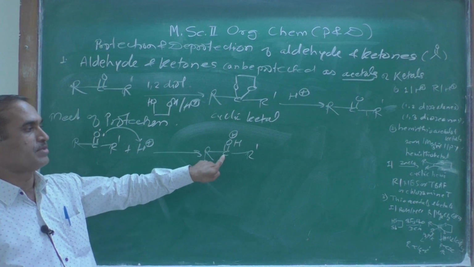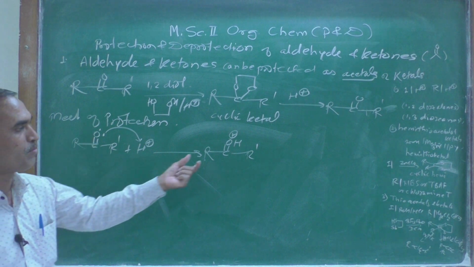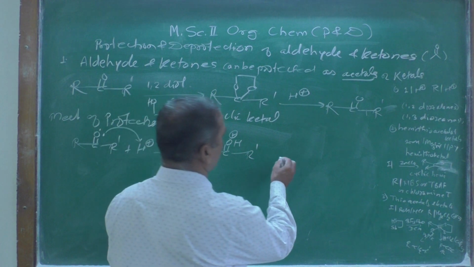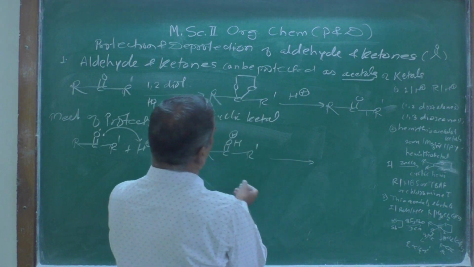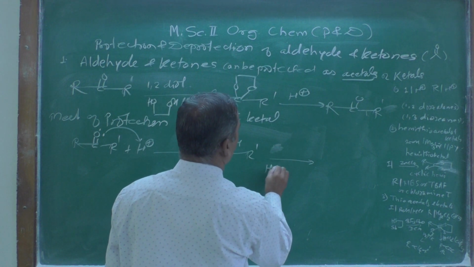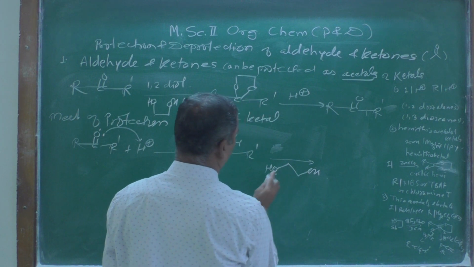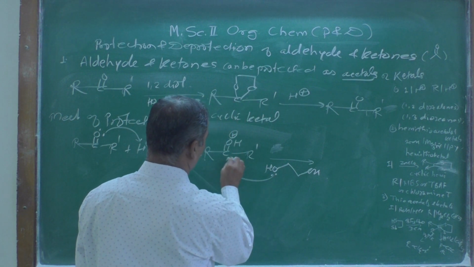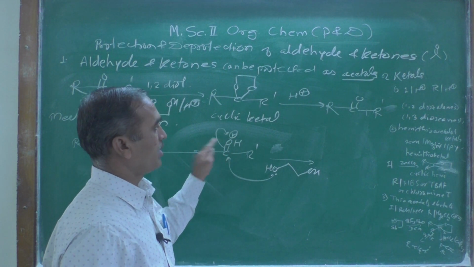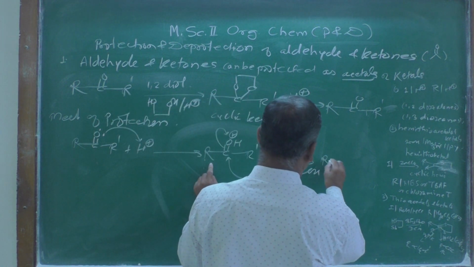This one is more electropositive in nature than this one, and therefore now we can take down here 1,2-diol. Let us see here HO, then CH2, this OH. Now the lone pair present over there is going to attack that carbonyl group, and this positive charge gets neutralized, and the resulting compound we are going to get here